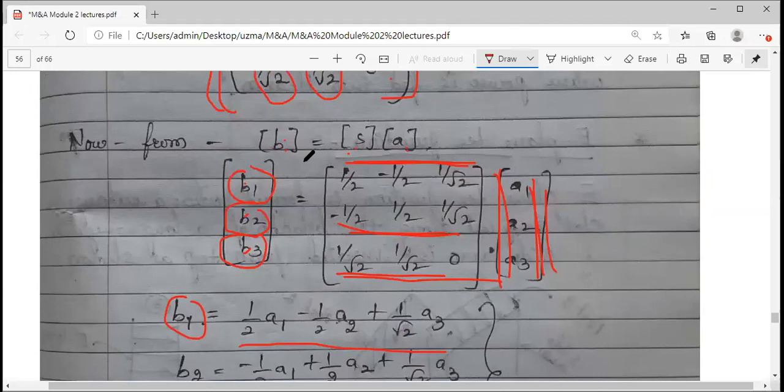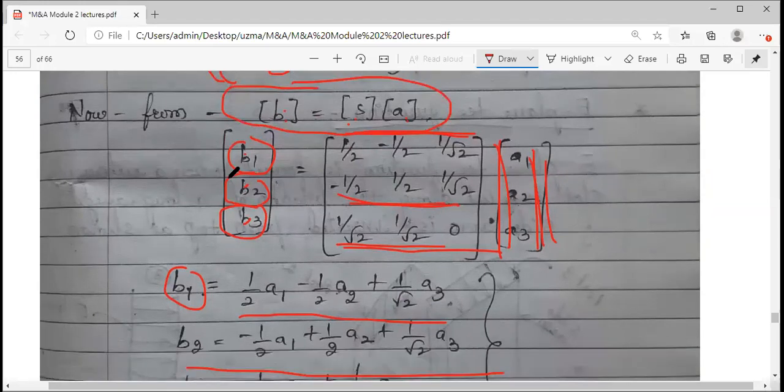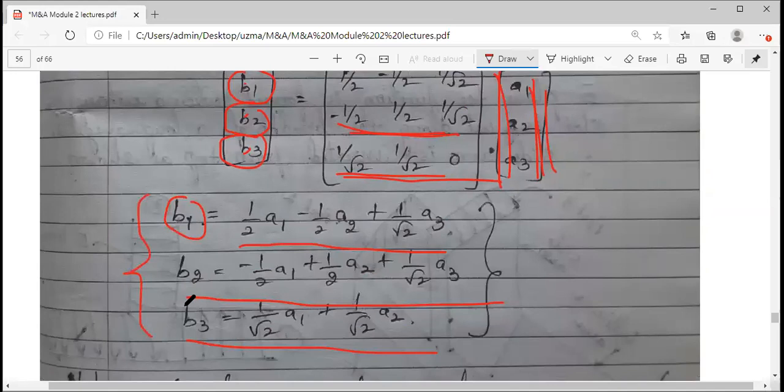Now, why I am continuing further is because finally I want to show that the power gets equally divided, how these T junctions act as power combiner or power splitter. I want to prove that. For that, I have taken the help of B is equal to S into A, that is your multiport S matrix representation. So making use of that, I have got these 3 equations.